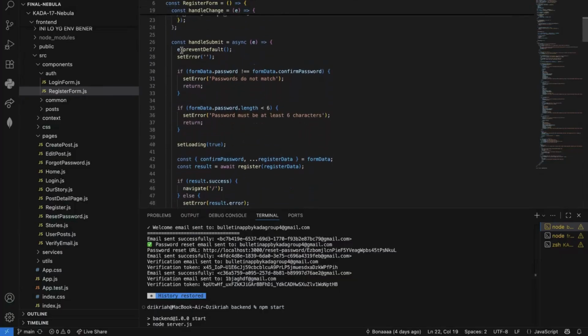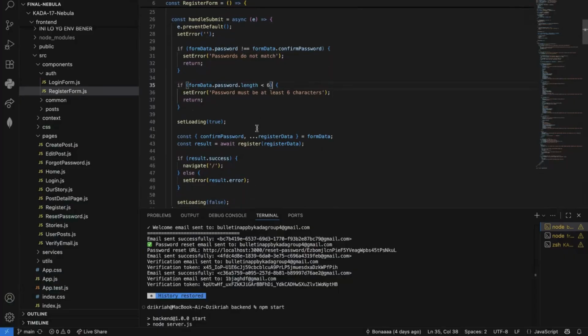On the handleSubmit, there is a preventDefault. This is to prevent page reload whenever you submit the form. And inside this, I validate the password. We will check if the passwords match and also that the password is at least 6 characters. And after that, we set loading to true.